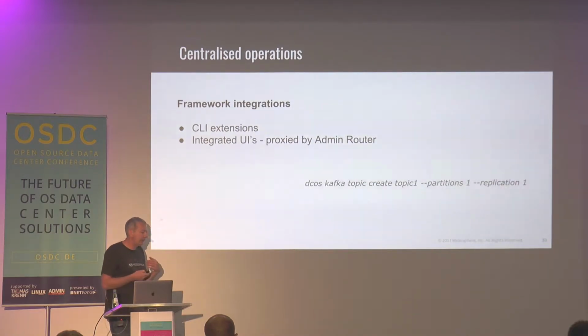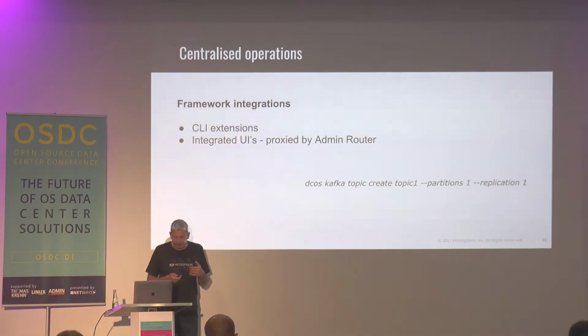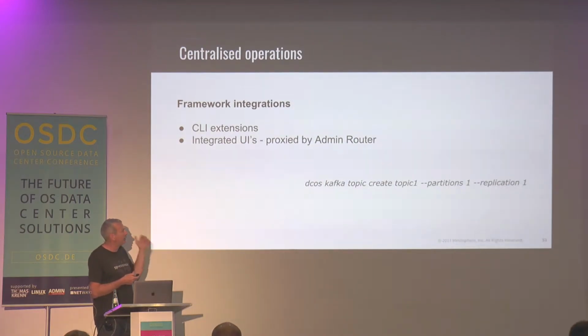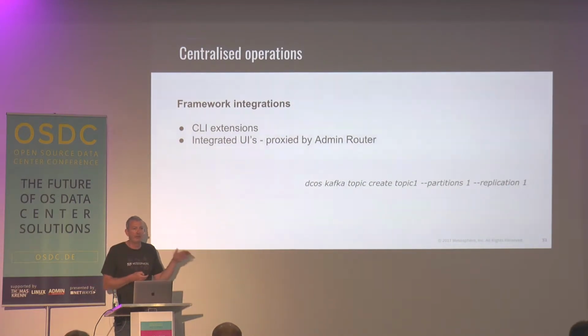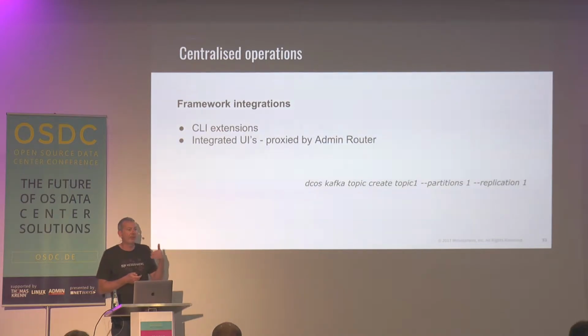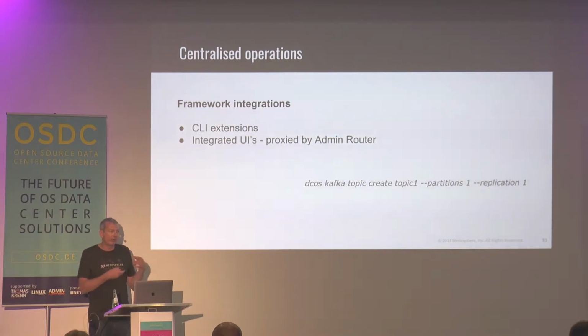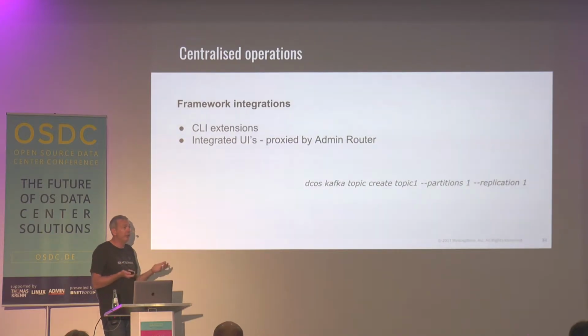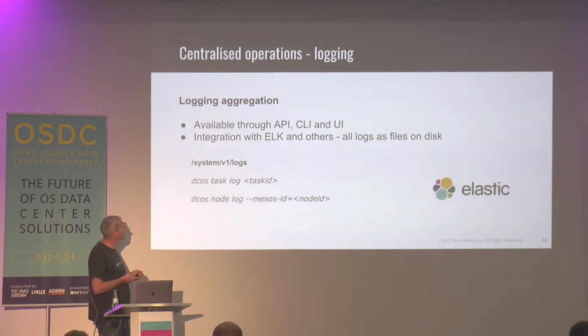And where we have web interfaces provided by a particular framework or application that we've deployed into our cluster, we will generally make those UIs available from the DCOS UI. There'll be a little hover button next to that service. You can click that button, and the UI for that service will spin up. That's done by proxying through what we call the admin router, which is a proxy that allows us to send traffic into the cluster, because those things are deployed inside our cluster, and as a user we may not have direct access to them.